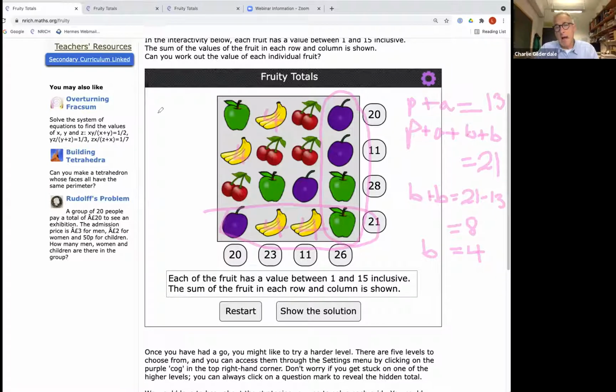Okay, so I'm not going to give away too much, but I think now I can use the top row from the information that we have so far. And what you've written there. I think we can look at the top row and figure out what the cherries are worth. Can I give everybody a minute to think about that